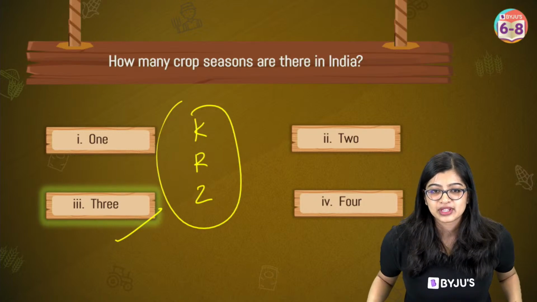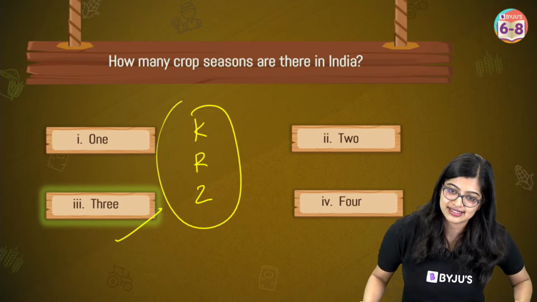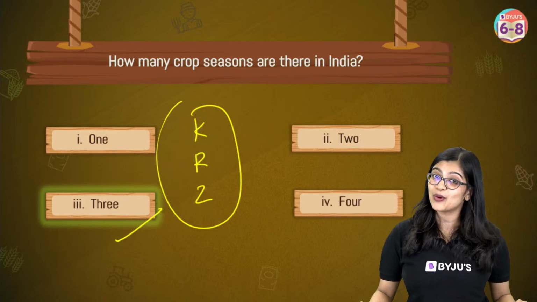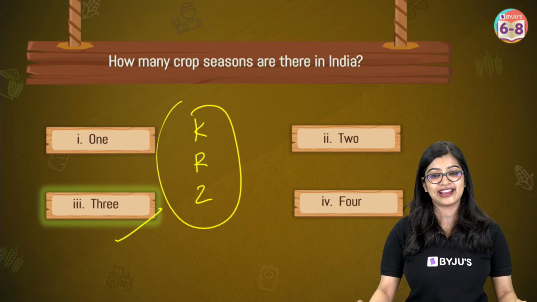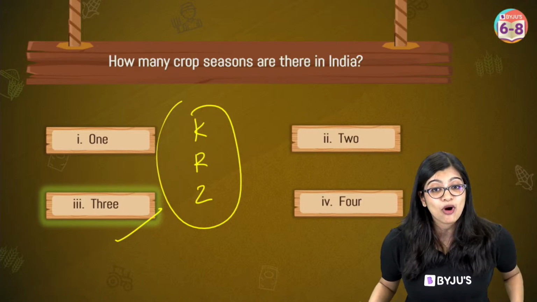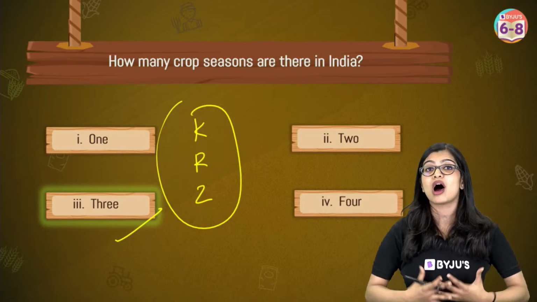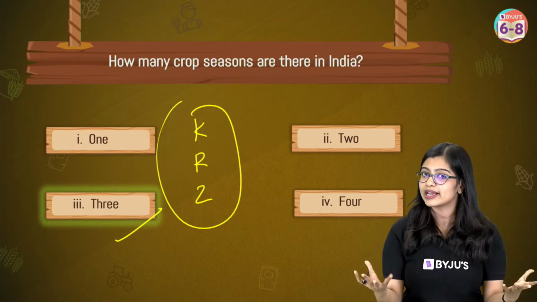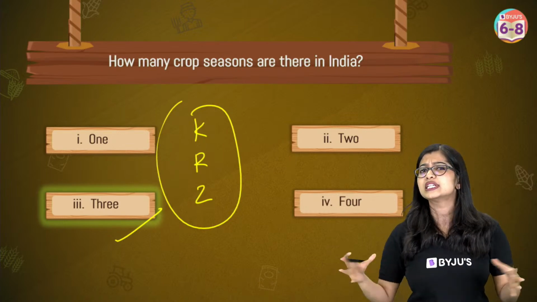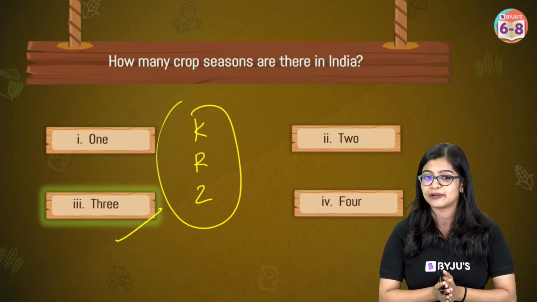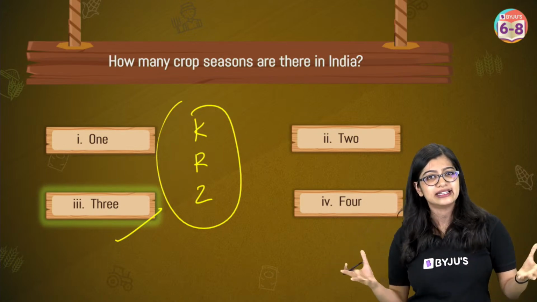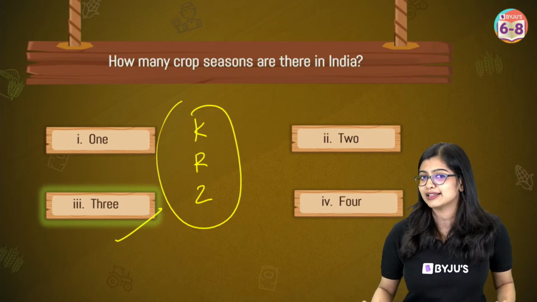Wonderful. Alright guys, I am so happy with the way you've been responding and I hope that you are having fun. When you are learning, it is important that you draw examples from your daily life. Rice, wheat and maize, all of this is something that you will find in the kitchen as well. So what you can do after this class is go to the kitchen and try to identify all of these different crops.